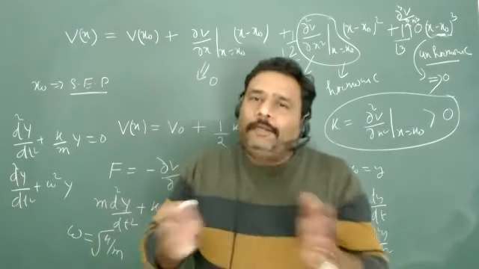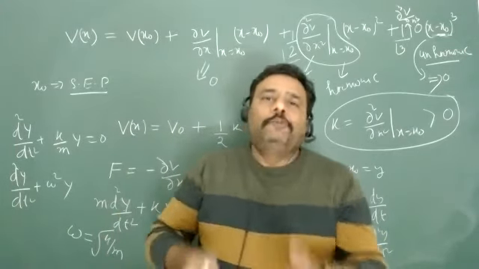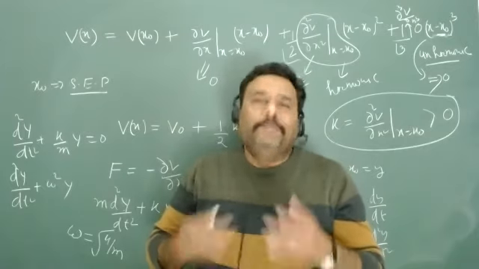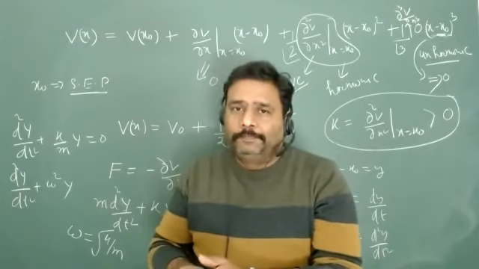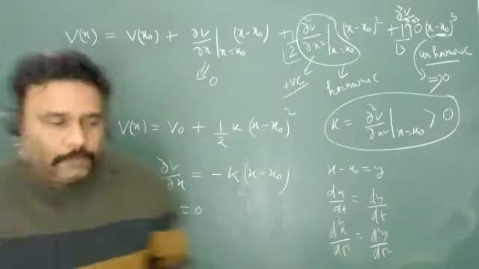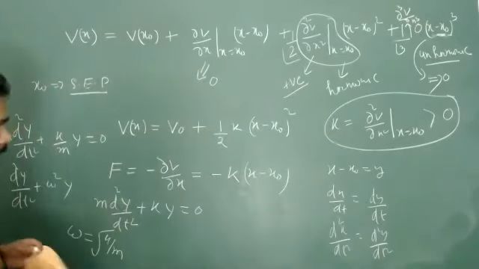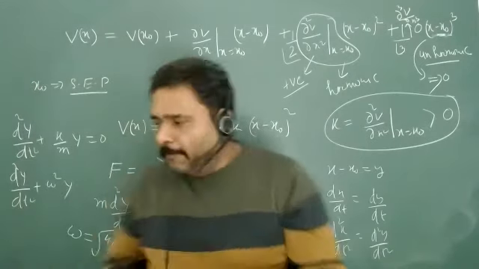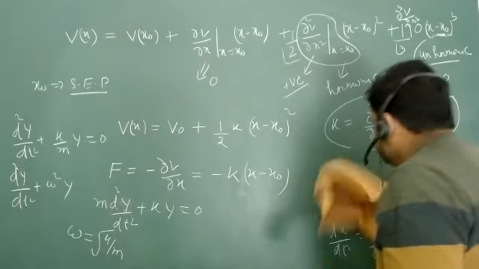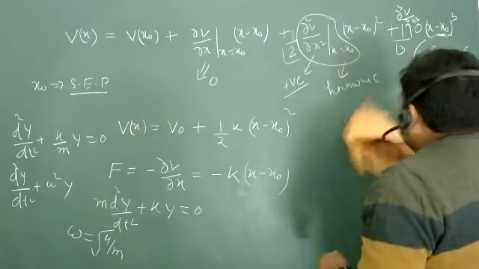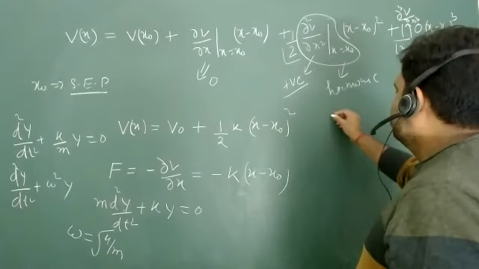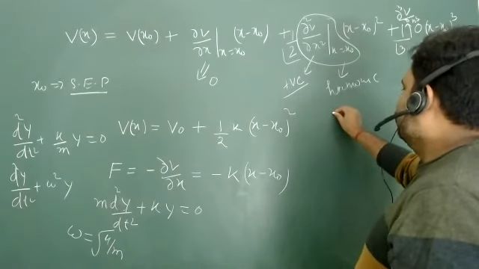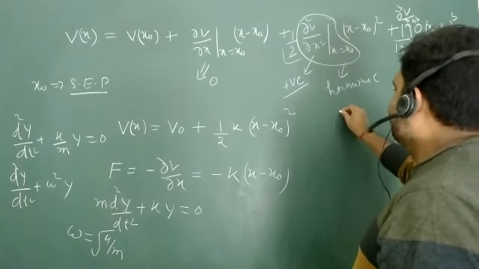Because what is small and what is big is solely defined by me, defined by you, defined by our aim of problem. Just I am giving you a very nice example. Look at here. Suppose we have simple pendulum, isn't it? Or leave it the simple pendulum. Suppose I have sine theta,